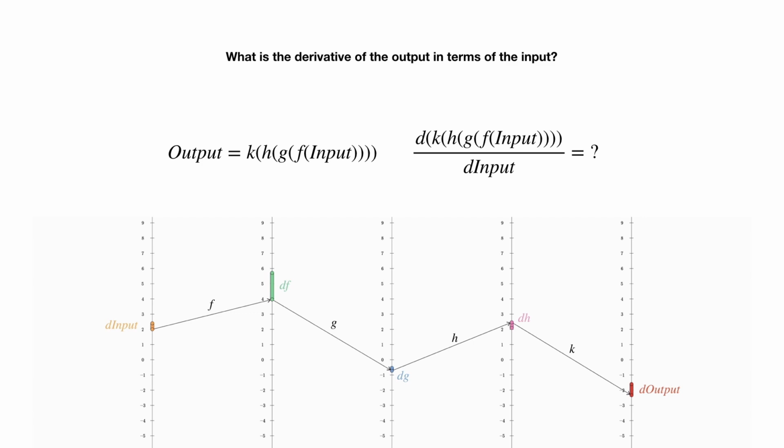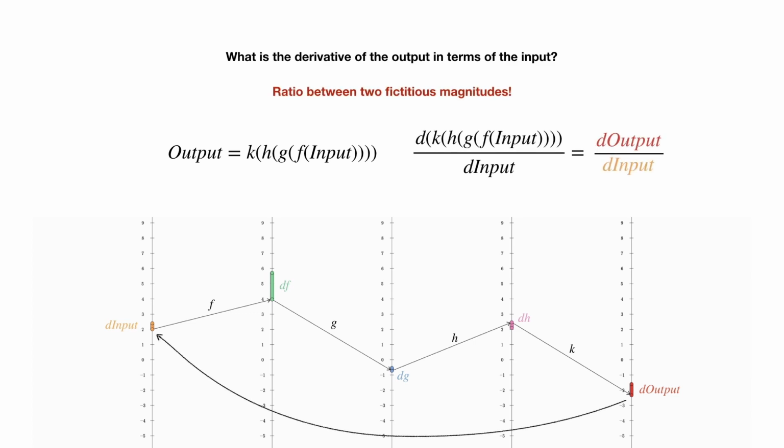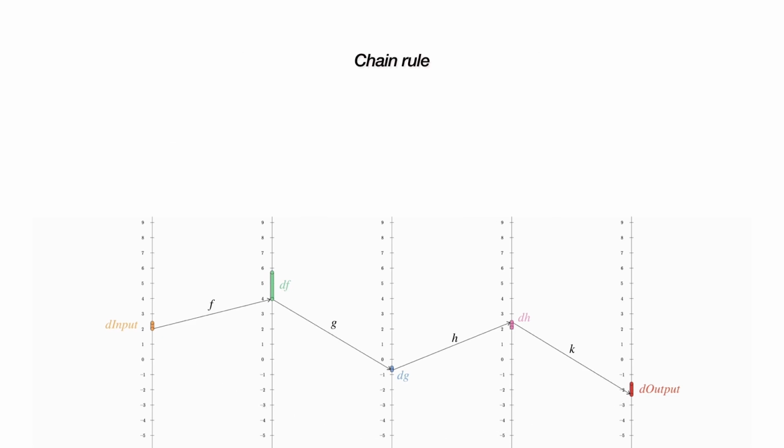The question is, what is the derivative, or what is the change of output in terms of a small change in input? So we can write this as the output over the input. And how we compute it, not only what it is, I mean, it is what it is, it's just literally the ratio of these two things. How do we compute this thing? If you have a long chain like that, you can imagine that computing it might be difficult.